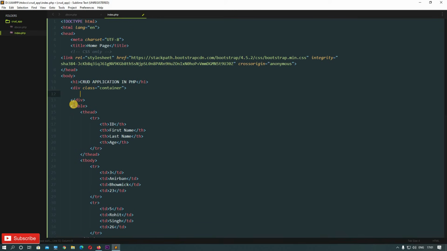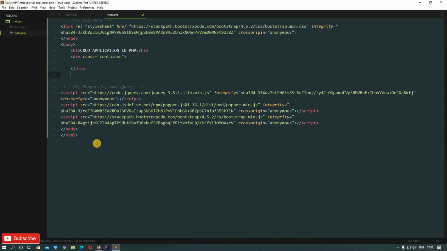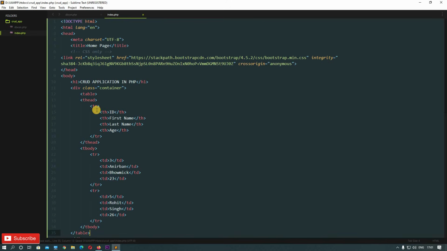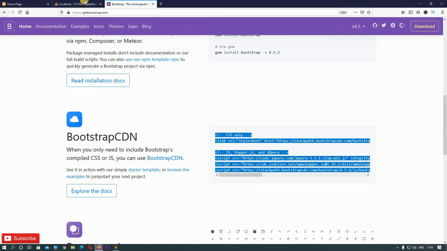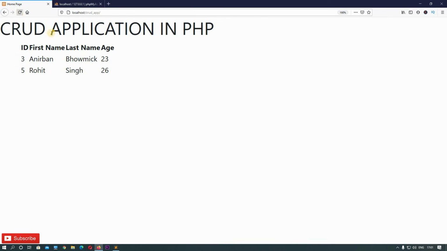Okay, so let's put the entire table, cut it from here, and let's put it inside this container. Okay, so now the table should come a little bit inside. Let's refresh. Okay, so now you can see the font is changed a little bit and the table also came a little bit inside. Okay, so Bootstrap is included, guys.